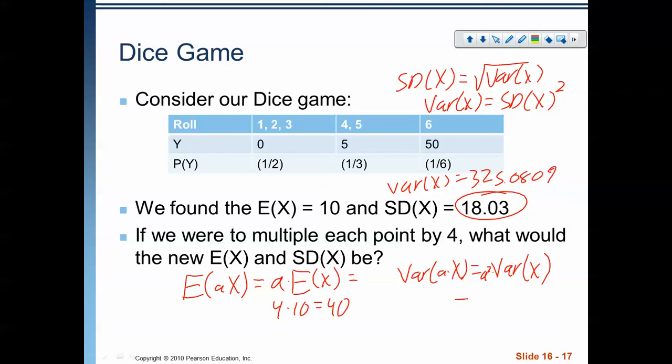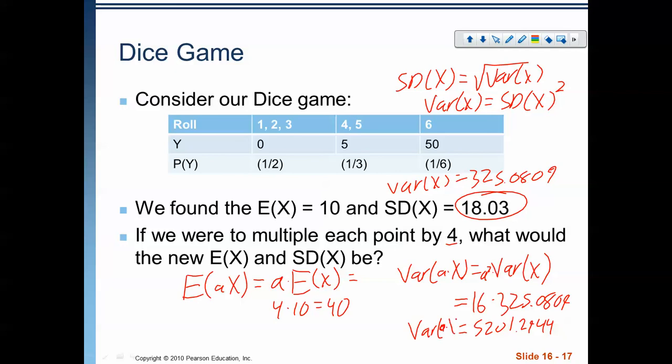So what's my solution down here? It's a squared. My constant is 4, so this is 16 times 325.0809, which is 5,201.2944. Big ol' ugly number. Now that's the variance of X